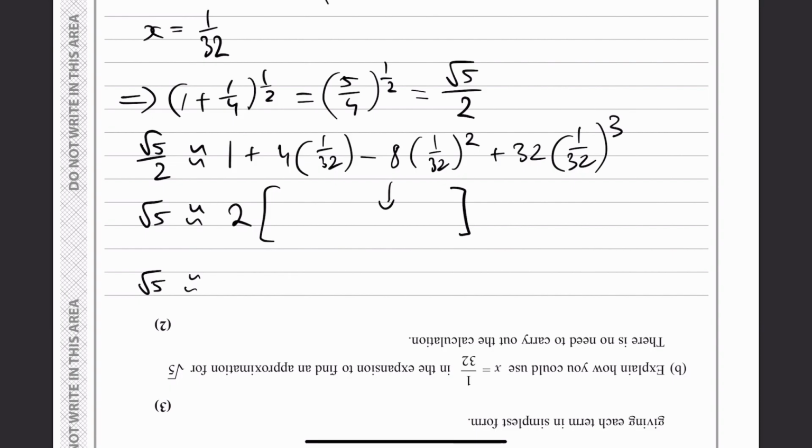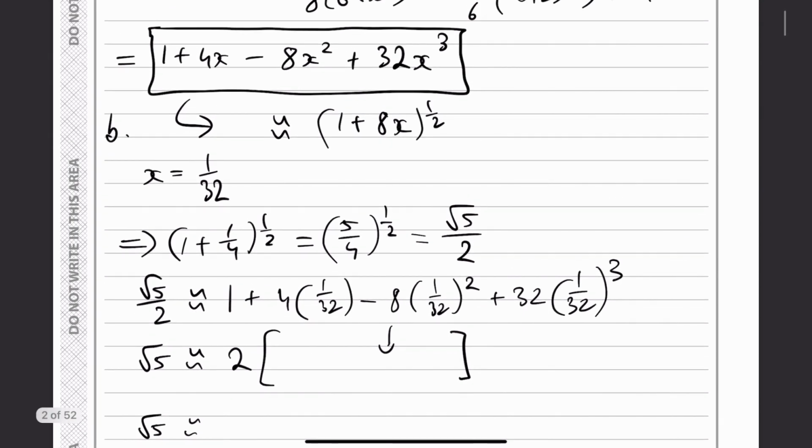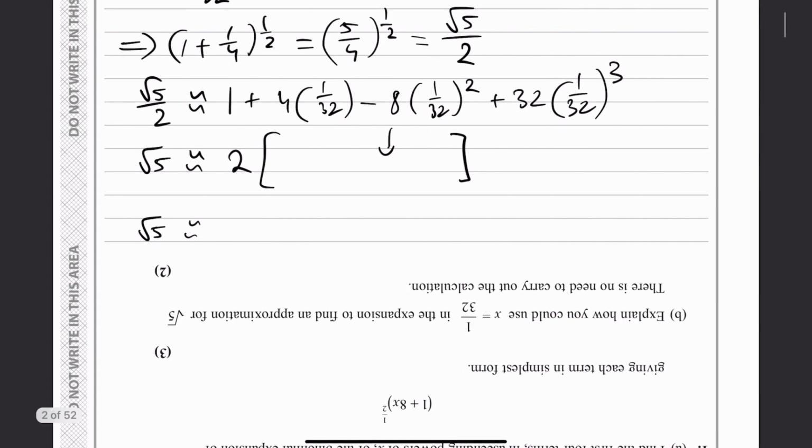So 2 times 1 plus 4 over 32 minus 8 times 1 over 32 squared plus 32 times 1 over 32 cubed. Let's just make sure I'm getting these right. Okay, and that comes out to this fraction, which in itself is approximately